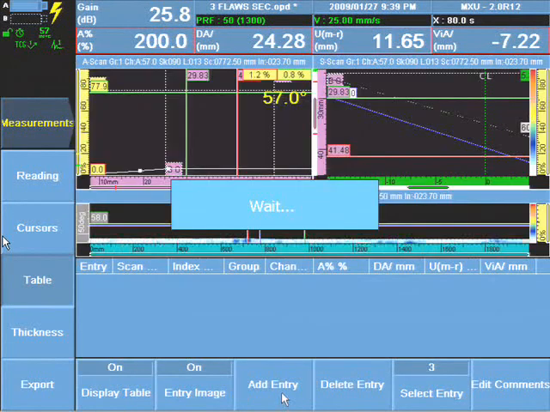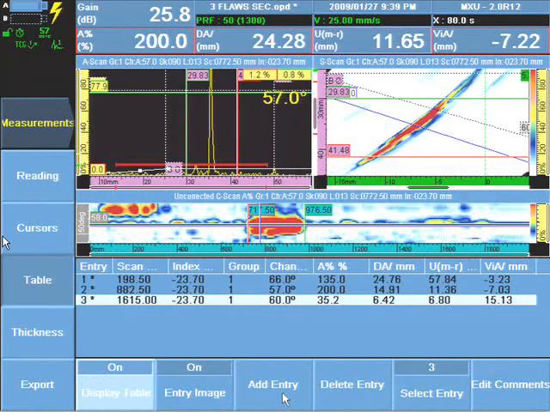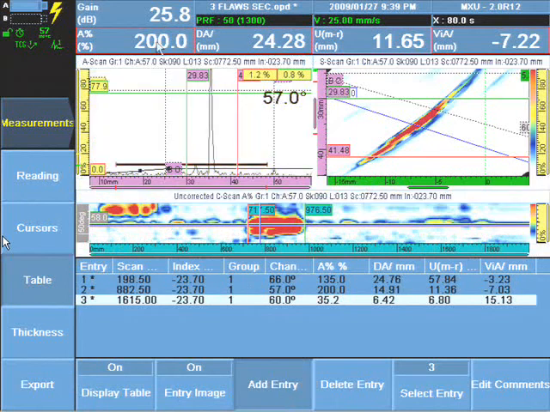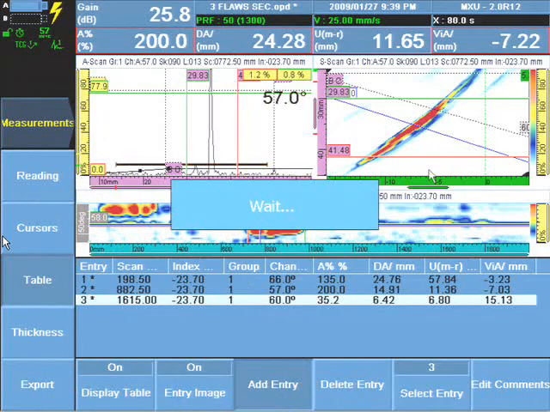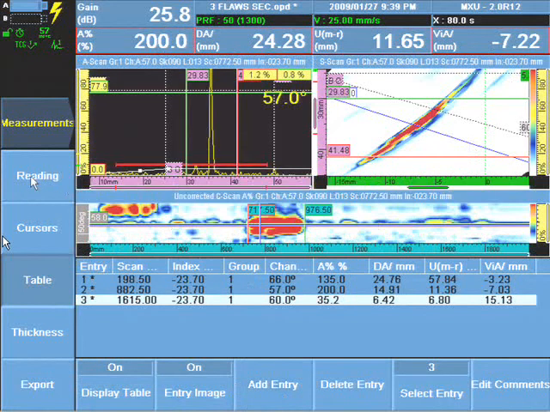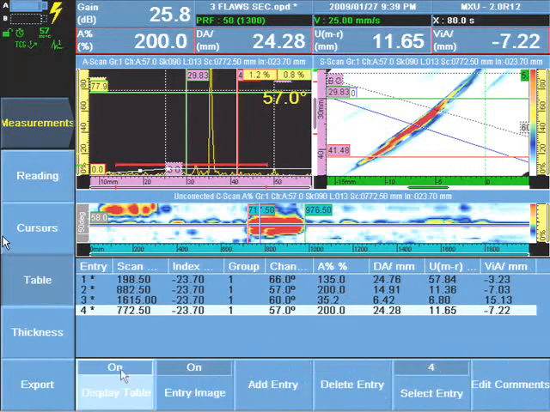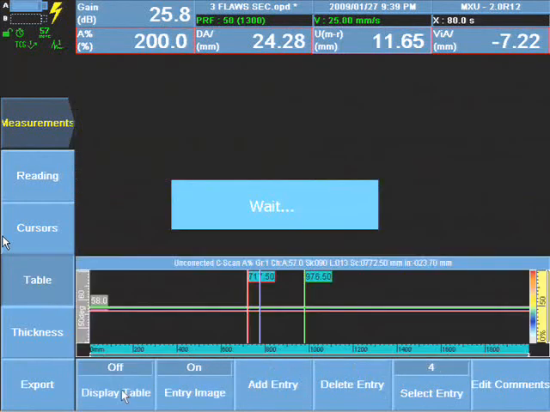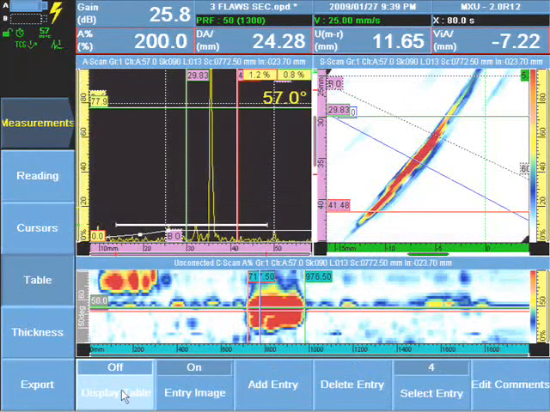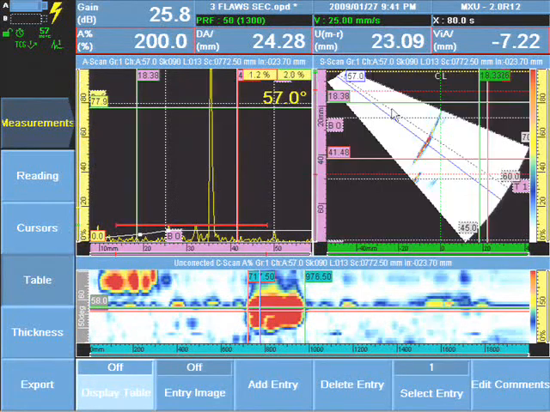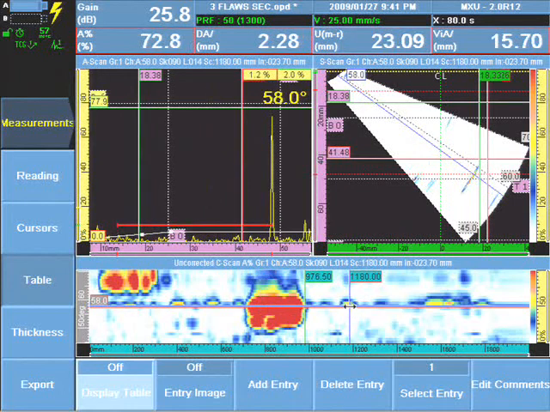Activate the database, and the entry is added with all the relevant statistics. Moving on to the next flaw, we see cap geometry,